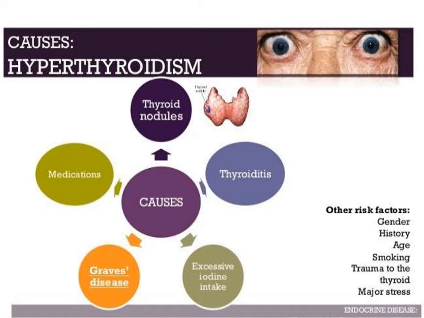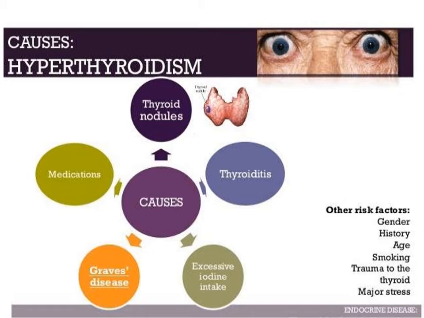Now, the conditions which lead to hyperthyroidism, like we had discussed, could be a thyroid nodule, a solitary nodule that starts producing increased thyroid hormones. It could be inflammation of the thyroid parenchyma due to certain infections, which leads to thyroiditis and increased production of the hormones. It could be due to an autoimmune disease like Graves' disease, in which there are circulating